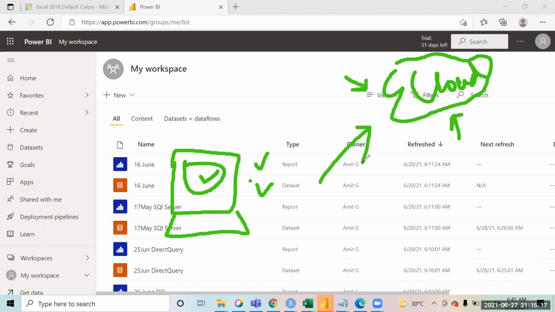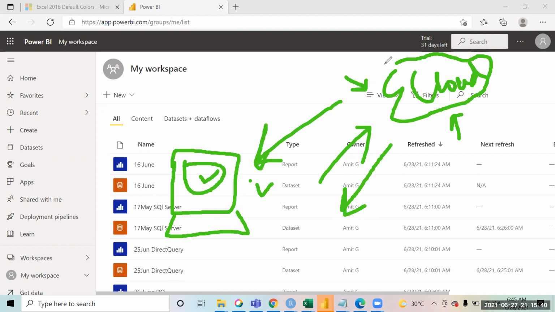I want to remove that manual intervention, so that my report gets automatically updated over here. For that, we set up gateways. A gateway creates a connection between the cloud and your laptop system.